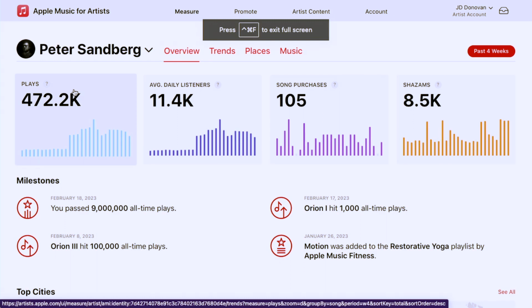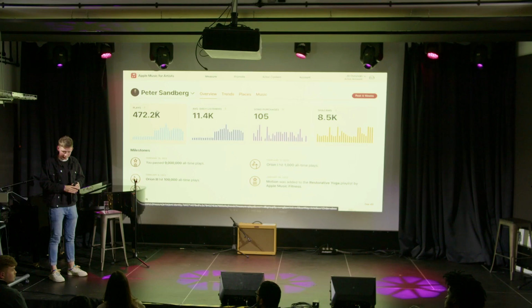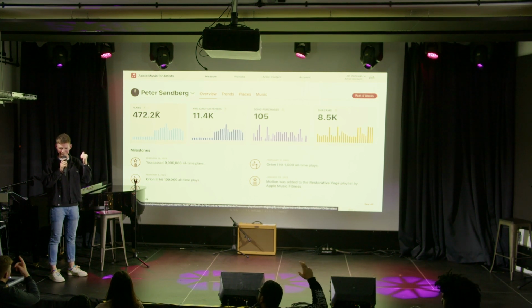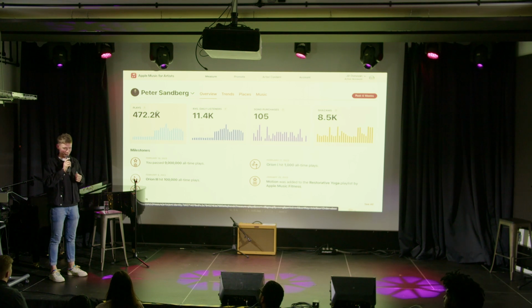The good thing about Apple Music for Artists is that you can do everything directly with the platform. But for Spotify, I think you need to go through a different... No, for Spotify for Artists, you can use it directly as well. Who would like me to do one of these, but for Spotify for Artists? Okay, a few of you. Some of you feel more confident. Okay, I'll do it. That was more than half of you. Sorry, everyone else. So Apple Music for Artists, you can go direct. Spotify for Artists, you can also go direct.